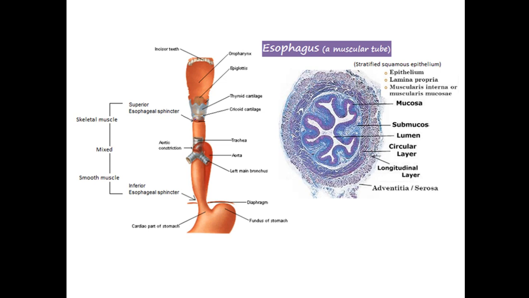The upper esophageal sphincter and the lower esophageal sphincter are the two high pressure zones, and they prevent the backflow of food. They are involuntary and are not under the control of the person. The esophagus is supplied by the vagus nerve, which is the parasympathetic division of the autonomic nervous system, and by the cervical and thoracic sympathetic trunks, which are the sympathetic divisions of the autonomic nervous system. Now, the cross section of the esophagus and